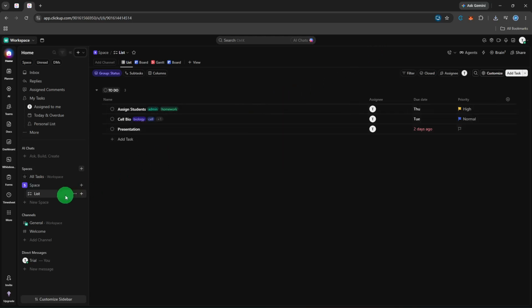With your workspace loaded, your next move is to open the space, folder, or list that holds the tasks you want to review. ClickUp organizes work in a hierarchy. At the top you have spaces, which can contain folders, which in turn contain lists, and lists are where individual tasks actually live. Click on the relevant item in the left-hand sidebar to navigate there. Give the task list a moment to load fully before you proceed. If you're working in a large project with hundreds of tasks, the initial load can take a second or two,